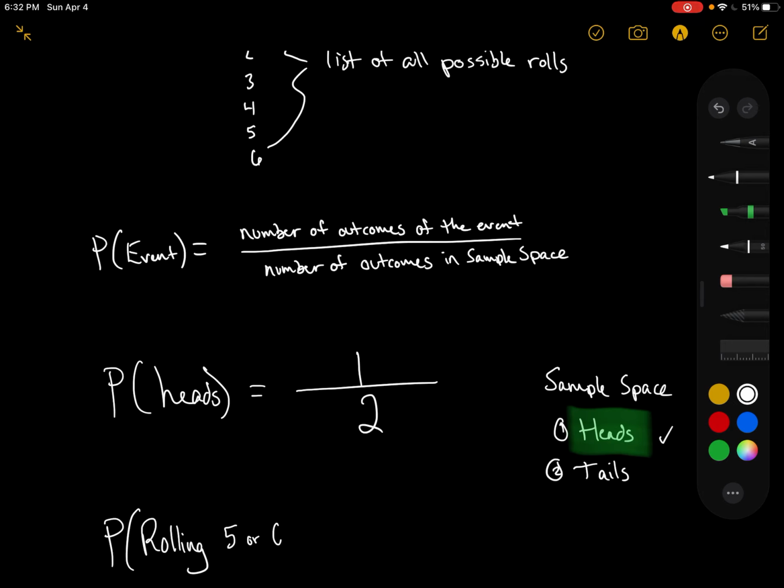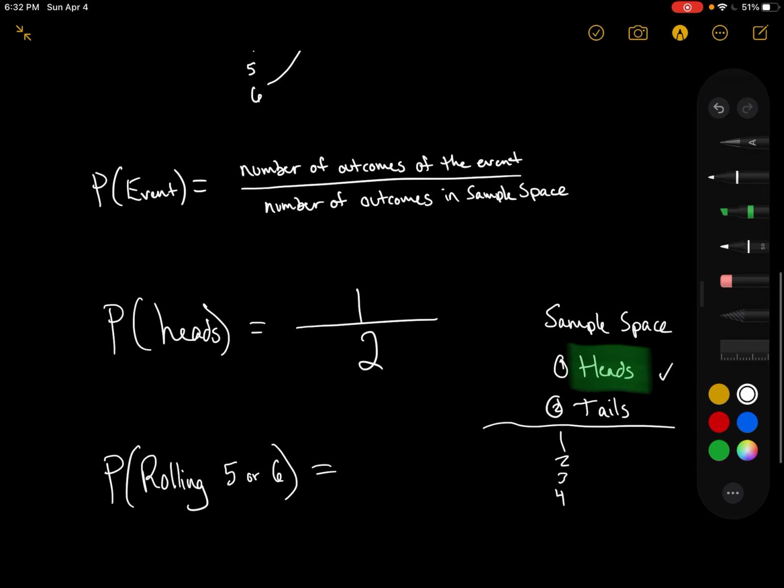So if we want the probability of rolling a die and getting, let's say, a 5 or a 6, well, let's list out all of the possible rolls. There are 1, 2, 3, 4, 5, 6 possible rolls, and we can either get a 5 or a 6. So that looks like we have 1, 2 possible outcomes. So 2 outcomes that we like over 6 total outcomes. And that's why we really want to look at probability: again, list out all of those options and then see which one of those options we